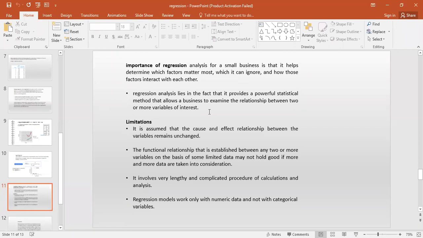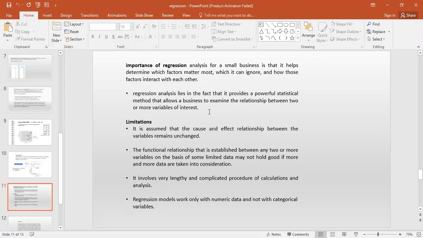In the same way, regression models have a few limitations, like they can't handle categorical data. Categorical data is nothing but data in the form of strings rather than numerical. There are other methods to deal with it, but regression models don't suit categorical data. If the data set contains such data, we need to convert it into numerical and then proceed. So that is one limitation.